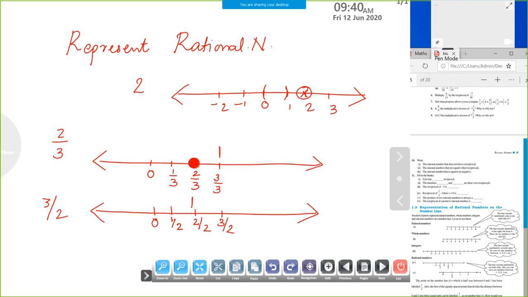You can use your scale when you draw the number line. It's compulsory that you have to use scale and pencil. And you have 1 centimeter gap there. So, use that as the equal width between the numbers you are marking on the number line. So, my number 3 by 2 is here. So, this is 3 by 2 on the number line.